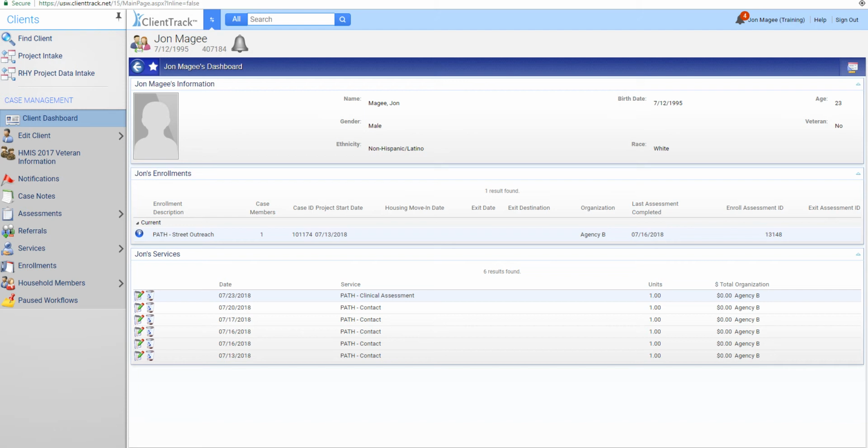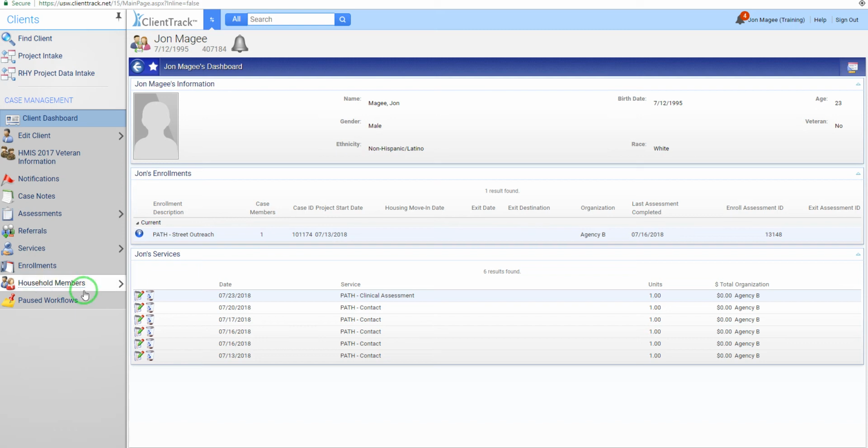There's also client choice. If the client does not want to be enrolled anymore, we could do an exit then. And then finally, if there are no contacts, services, referrals recorded in 90 days, and we talked about this a little bit earlier, then we will have your project set up where it will automatically exit the client from your PATH project. And the reason that's set up is we know sometimes there are going to be clients that you